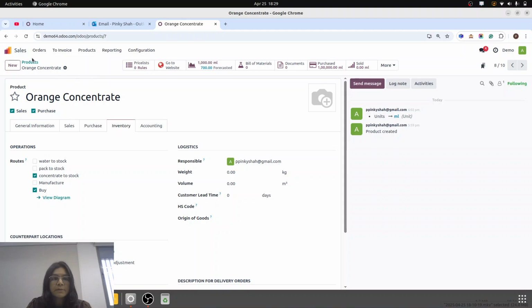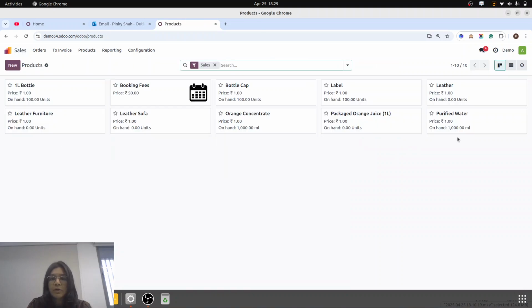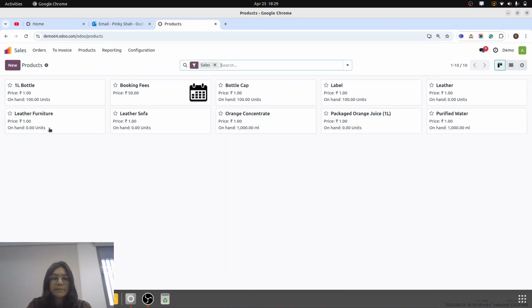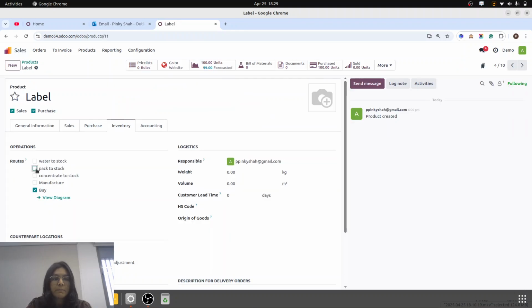This step is done. Now second is my water. For water I am going to apply that water to stock. Okay, just let me click on that and I am going to save it. And our next one is the bottle caps and labels. These are my labels, pack to stock,